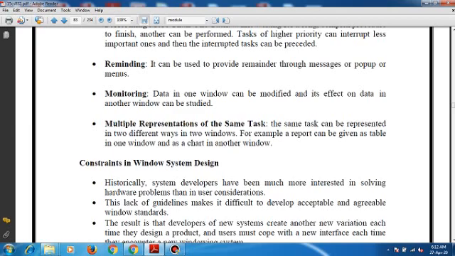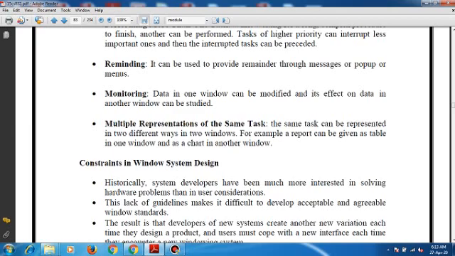Standardization is another factor that is made difficult by the complexity and the range of alternatives we have to design the windowing system.